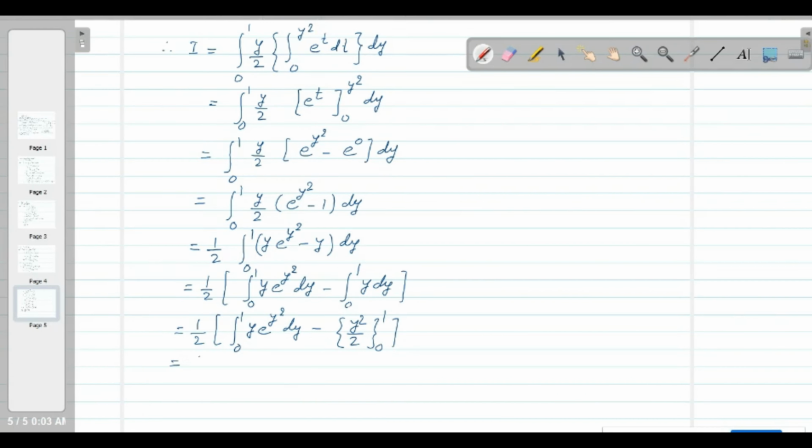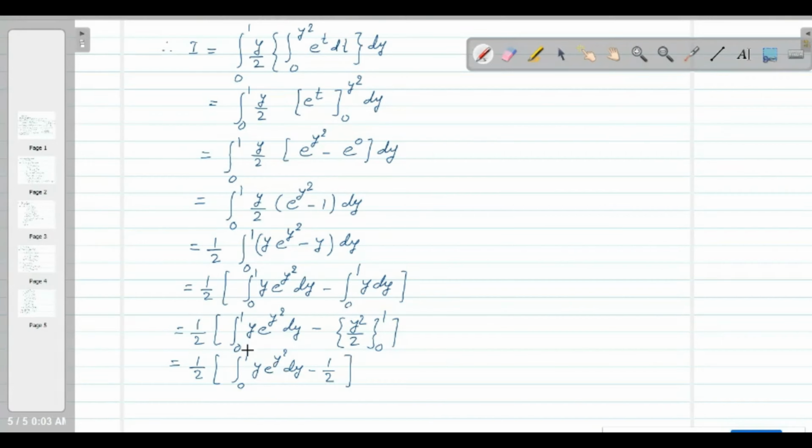So this is 1/2 bracket integration of limit 0 to 1 y e⁻y² dy माइनस, ये तो आपको 1/2 मिल जाएगा।